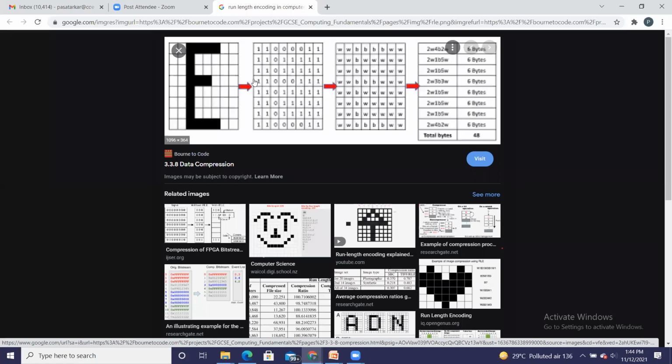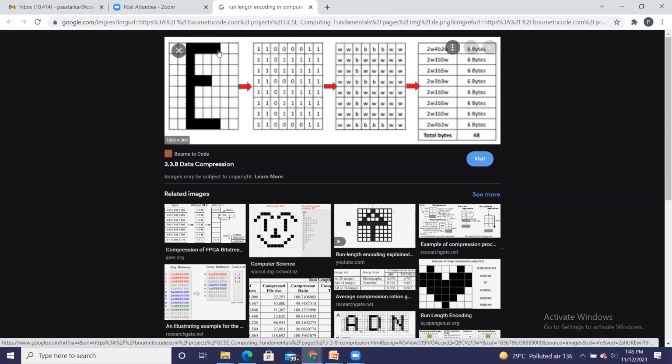Now how is it encoded? According to the scan line, I will be encoding it in this manner. 1 indicates background color and 0 indicates the picture color. So 0 indicates black. So 1, these are the top 2 pixels, which are of background color. Then the E, that is 1, 2, 3, and 4.